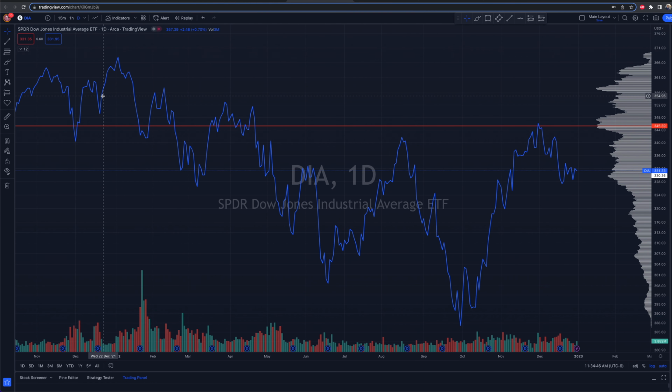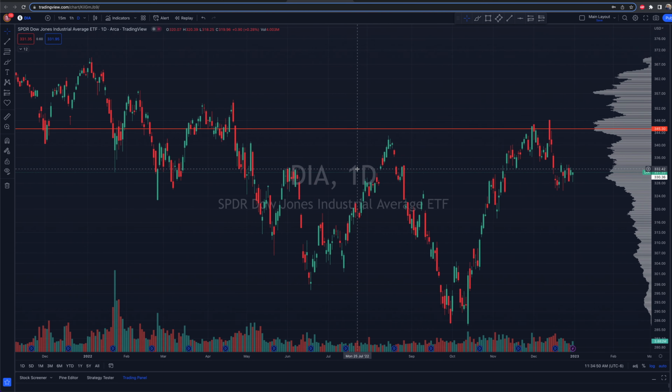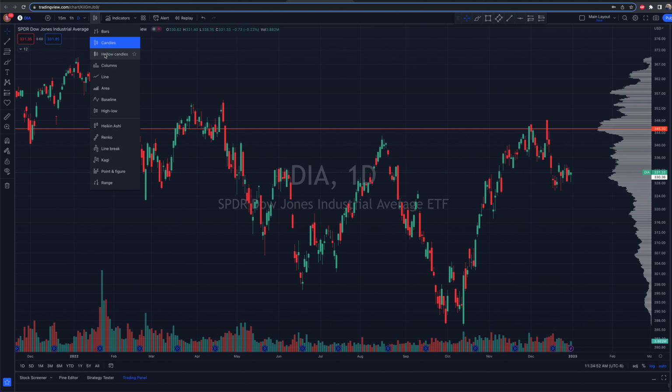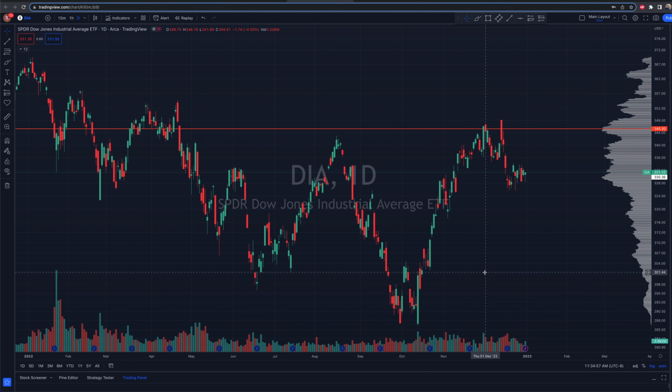Now let's get into the candlesticks. So if I go to candles right here, I personally like to use hollow candles, and I'll explain why in a second. But let's go with candles. So there are some videos, I think, on this channel and other channels that you can find, full in-depth guides on candlesticks. But we're going to cover that in a much more condensed format to give you what you actually